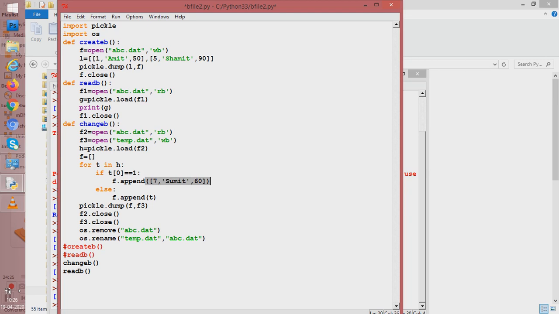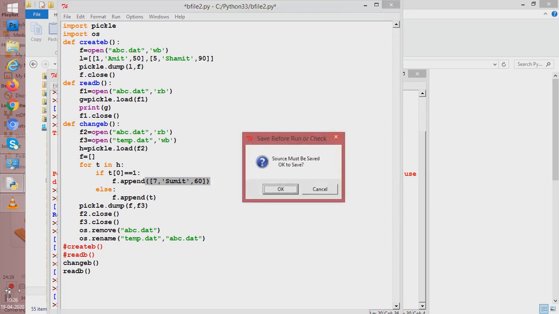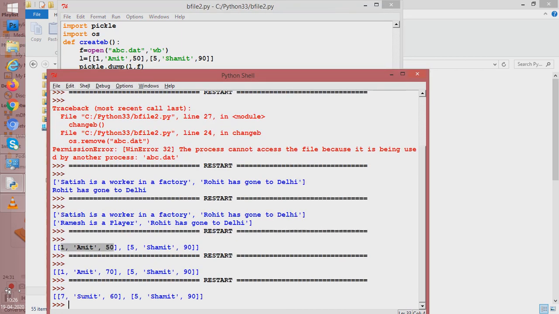We will now run it and see how the change occurs. See, instead of 1 Amit 70, the whole record now changes and updates into 7 Sumit 60. So students, we have seen how we can change a particular field of a record, and also how we can change the whole record. So this can be done.